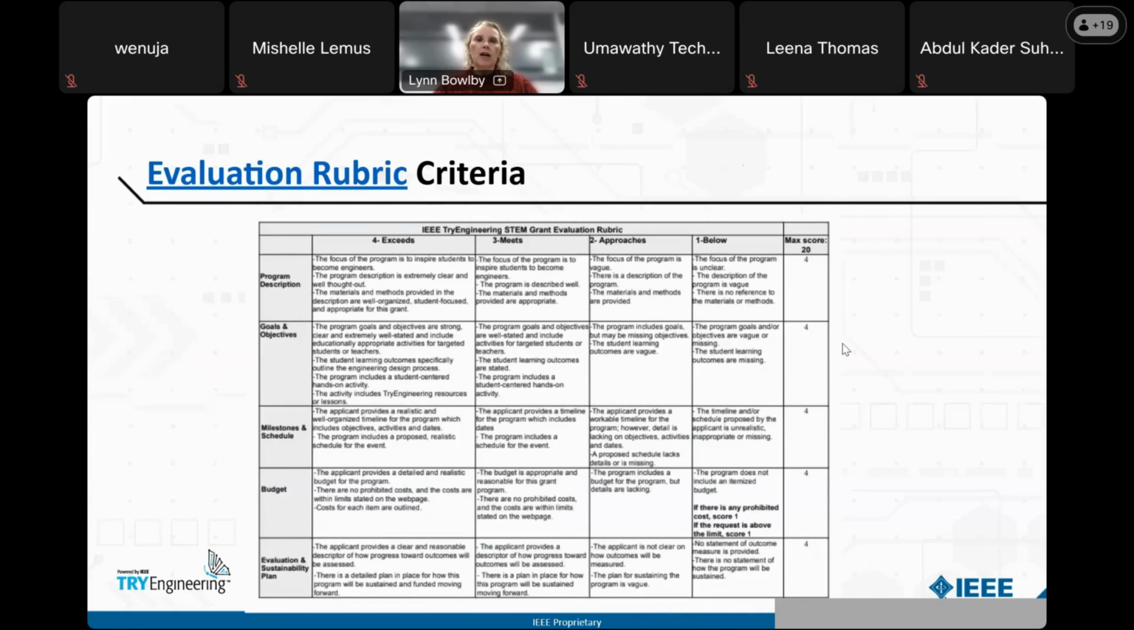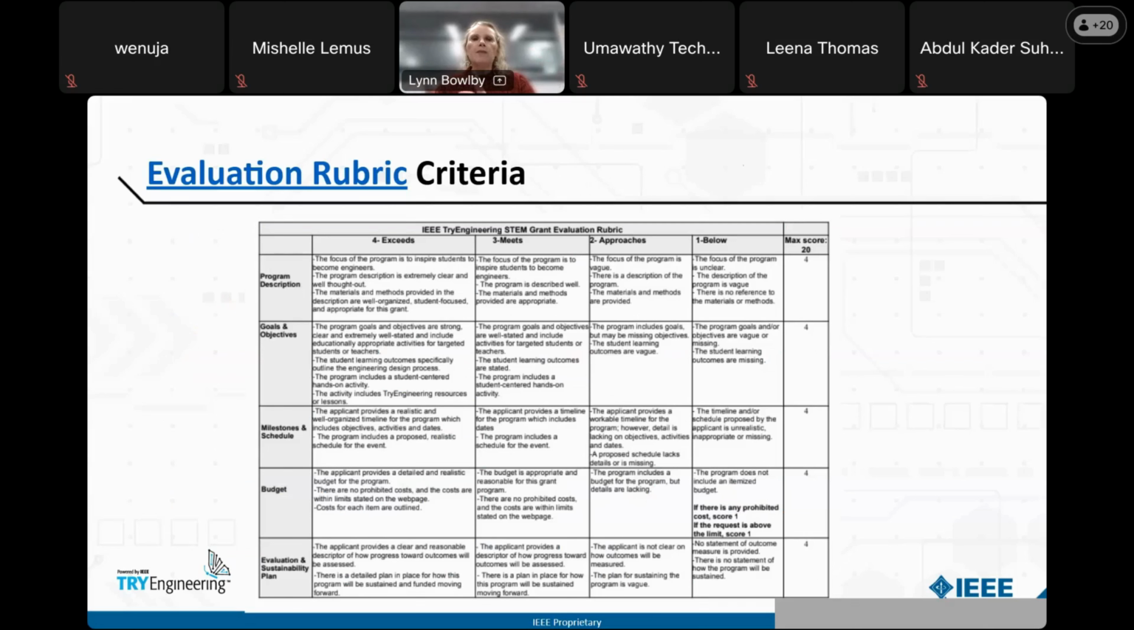So certainly you're not going to be able to read this during this webinar, but this is what the evaluation rubric looks like. There is a current link on the STEM grant webpage on tryengineering.org that links you to this evaluation rubric, but also in this presentation, you'll see there's a link here that'll take you directly to the rubric. So it's going to give you a guideline, and this is what the reviewers will use as they're scoring your application, but a guideline to what a 4 would require,